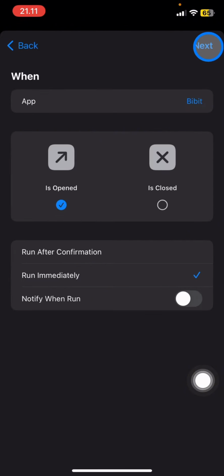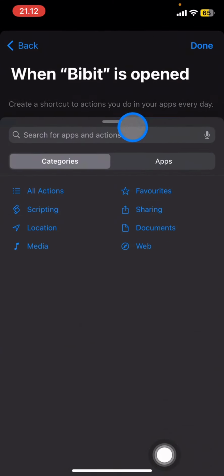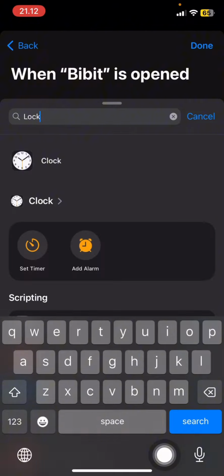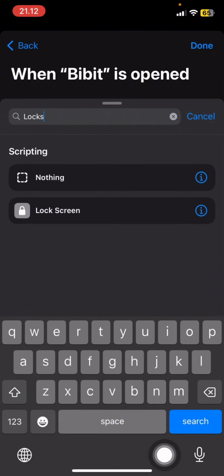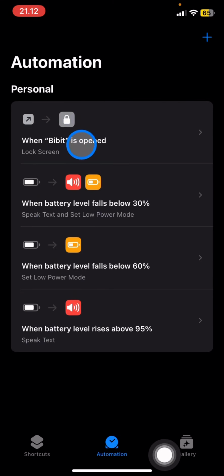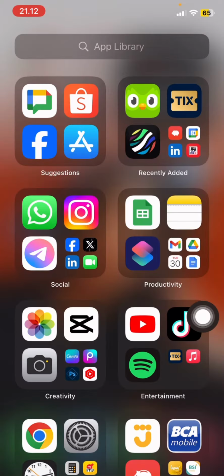And then you just need to click next. And the next thing you need to do is click new blank automation here, and then click add action and tap in the search button here, lock screen. And after you got it, you just need to click it, and then click done. So whenever this application is open, it will automatically lock your screen,